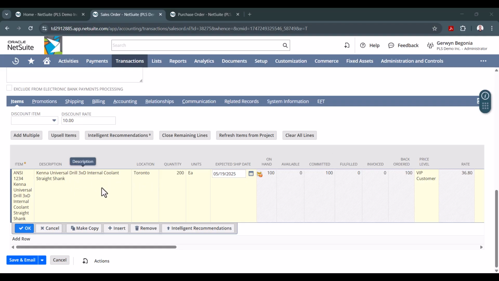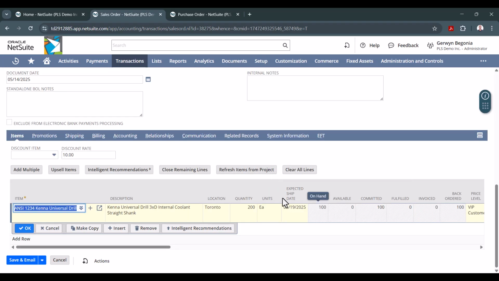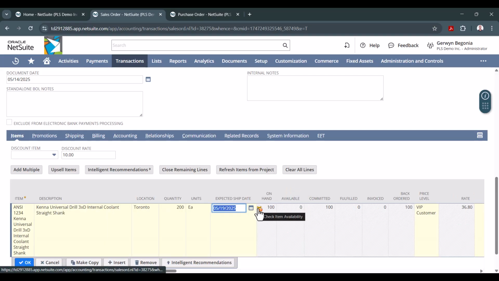And they want to order a whole bunch of these drill bits here. In fact, they want to order 200. But I can see that I've only got 100 of these on hand. So I have a little bit of a dilemma here. What I can do here, if I click on this expected ship date field here, there's an icon called check